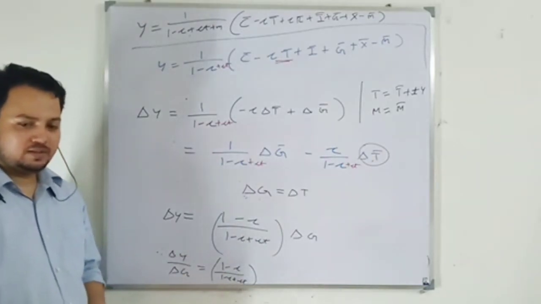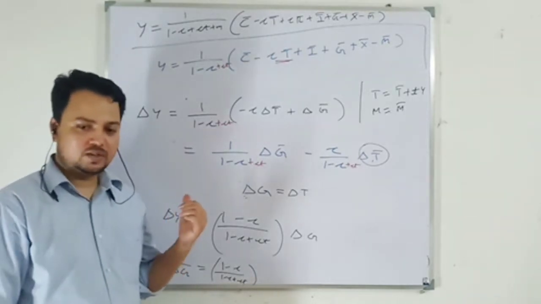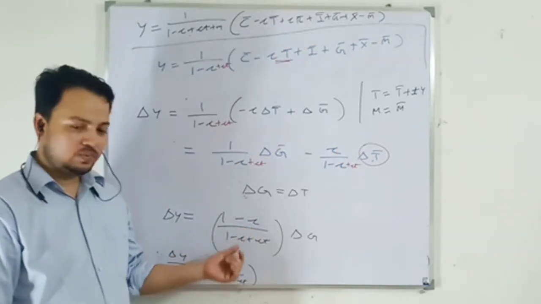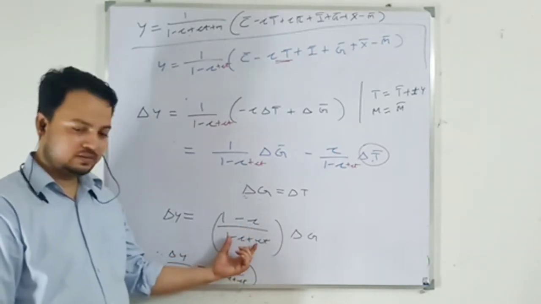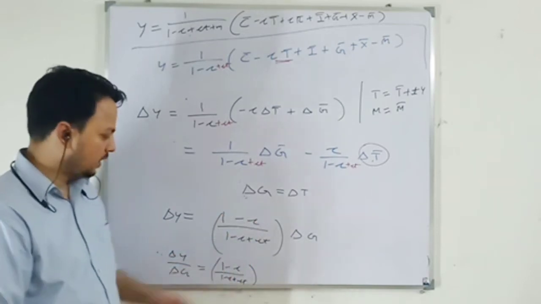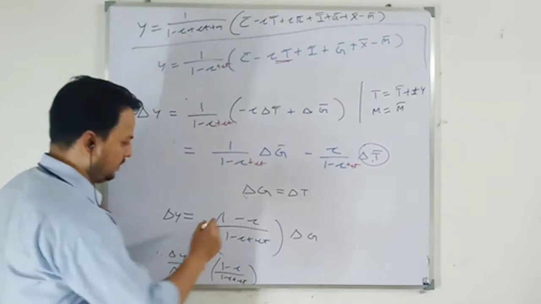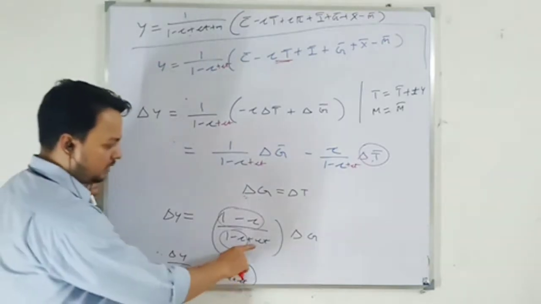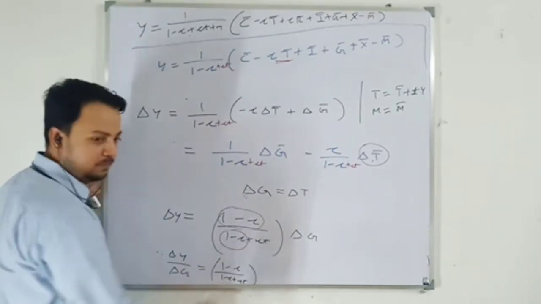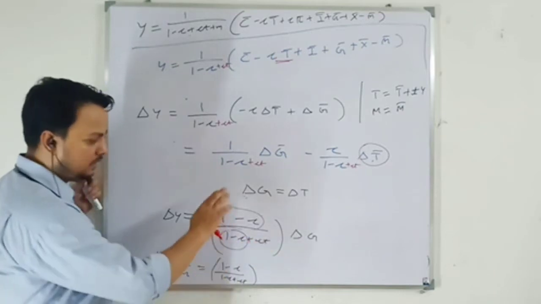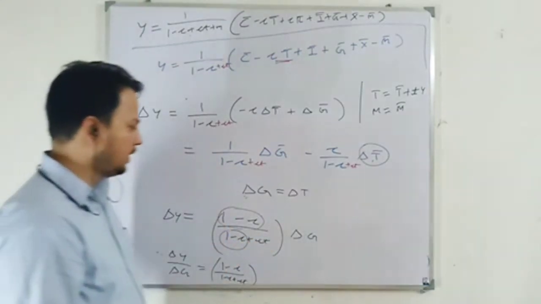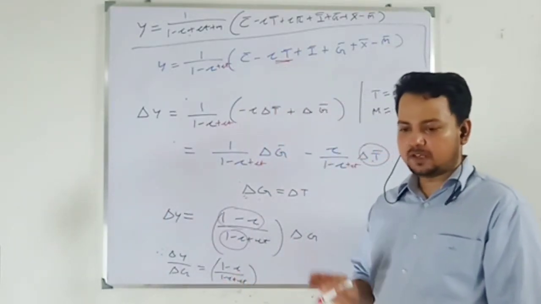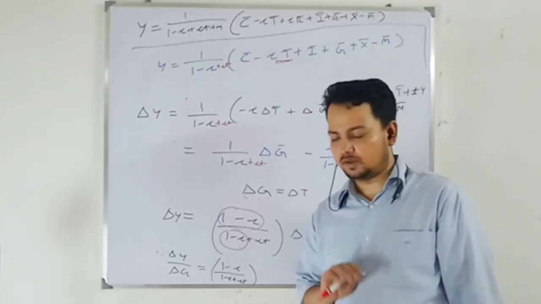Look at this term. If you remember the example that we have done, where your MPC is 0.6, you will get this term to be less than 1. Look at these two terms. Let me explain easily. This term and this term are same. But in the denominator you have some more term, a positive term. So this whole term will be less than 1. You can put any number and check it. In the numerical I have done it. You can check it. So balanced budget multiplier will be less than 1 in this case.